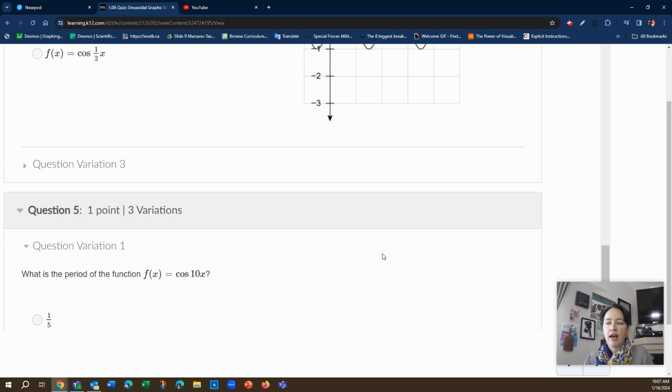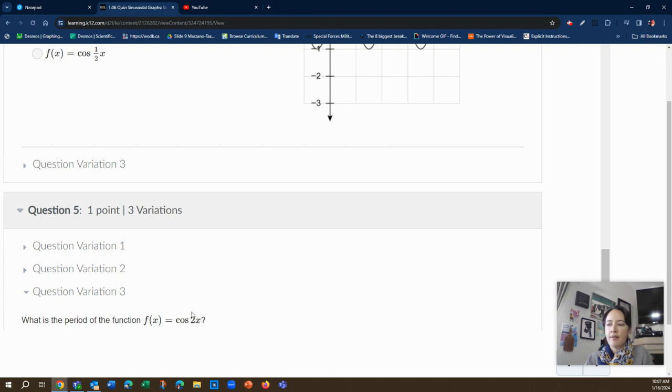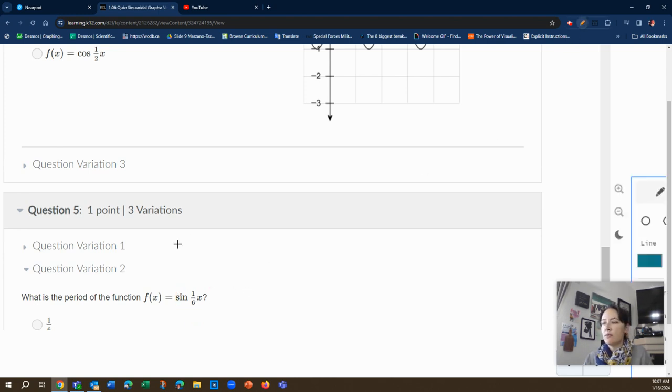What is the period of the function? Cosine 10x, 10 times x. All right, so no matter which variation you have here, 1/6, we'll do that one, 2x. Whether you have any of them, I'm going to do this one because the fraction is a little bit harder and I can review some fraction math. The way to figure out the period of the function, again, period is equal to 2 pi